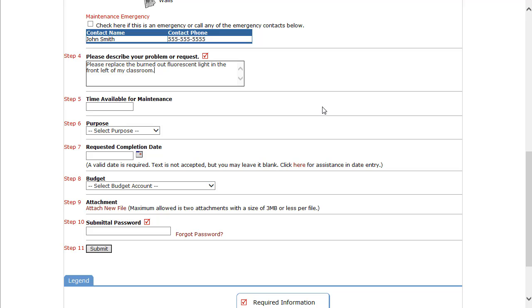To finish your request, enter your organization's submittal password. This is different than your personal password and should be provided to you by your account administrator. If you have previously entered a request and have forgotten the submittal password, click the Forgot Password link to have it emailed to you. If you logged in using our single sign-on solution, you will not see the submittal password